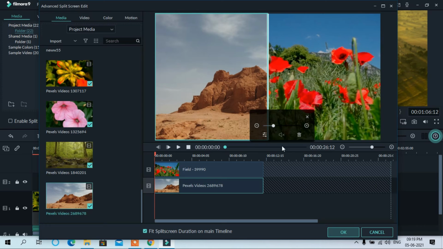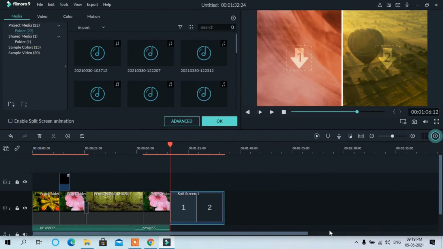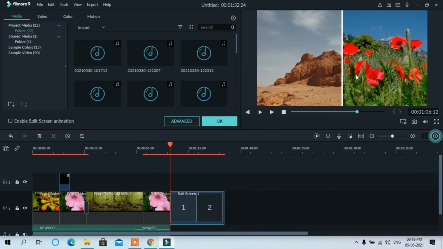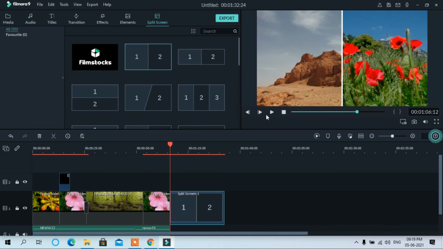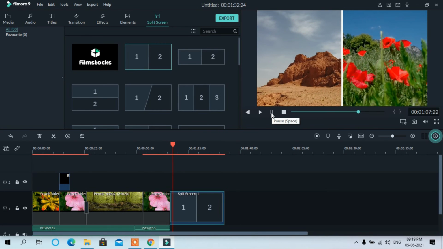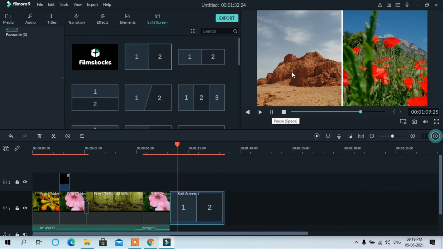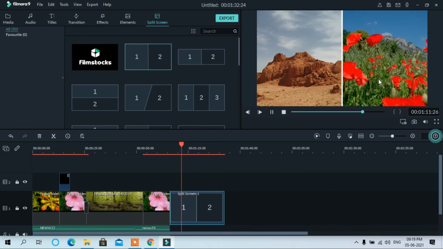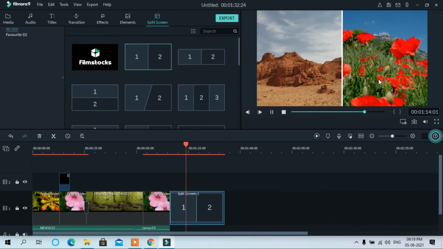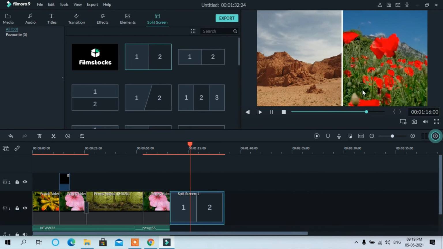See? Now okay. Now if I play here, both the videos will run. See? Both the videos are now in this video. Play. See, now both the videos are on the same screen.